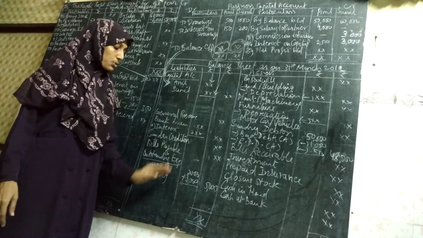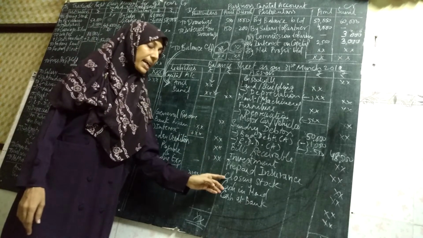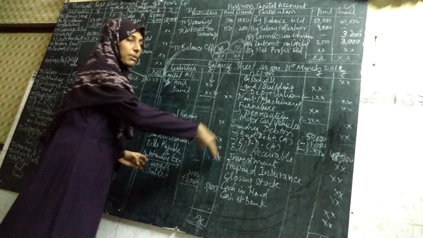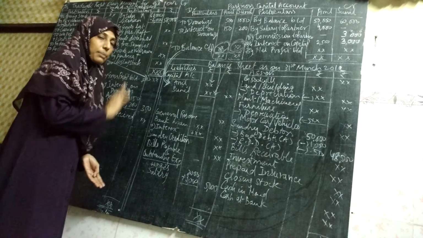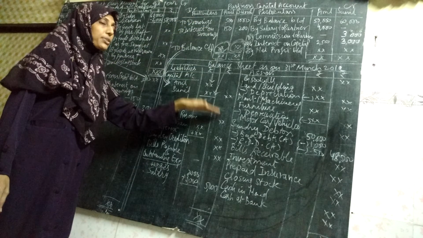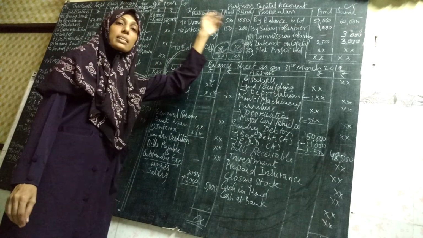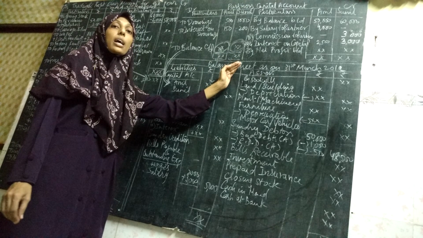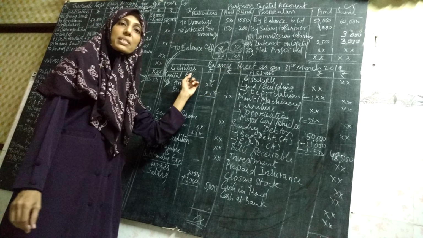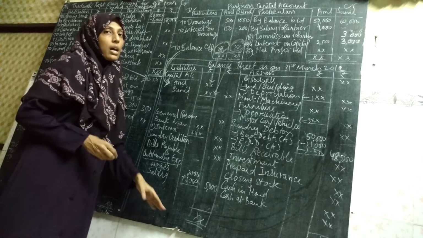Okay, so outstanding expenses will be shown on the liability side, and prepaid expenses will be shown on the asset side. These are the two opposite effects. Prepaid will be on the asset side, outstanding will be on the liability side. So students, I have explained the remaining part, that is partners capital account and balance sheet. Partners capital account is an account, so it has a debit side and credit side. Balance sheet is not an account, it is a statement showing the financial position of the business. It shows the assets and liabilities. Remember that.